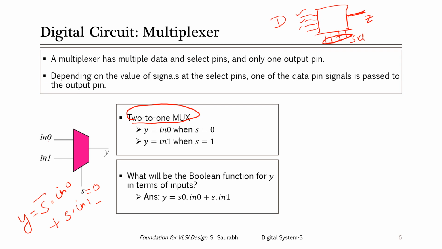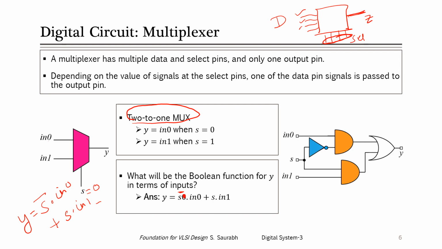input. Y is equal to S, sorry, this should be S bar, rather than S naught, it should be S bar. So Y is equal to S bar dot in 0 plus S dot in 1, right? So this is the Boolean function,